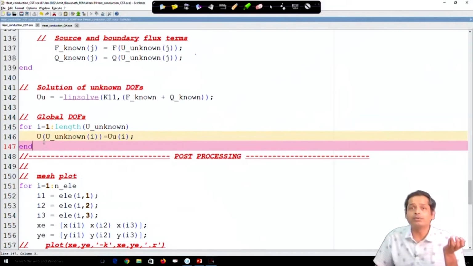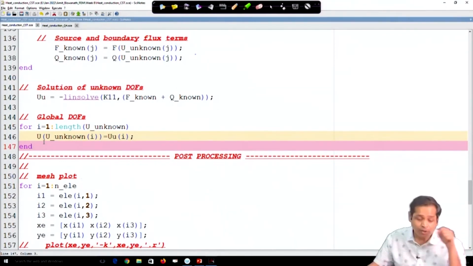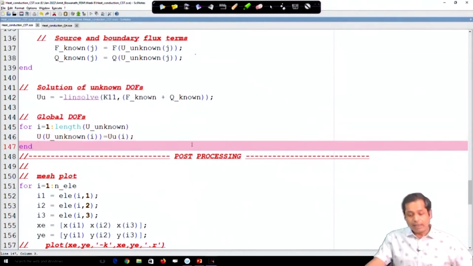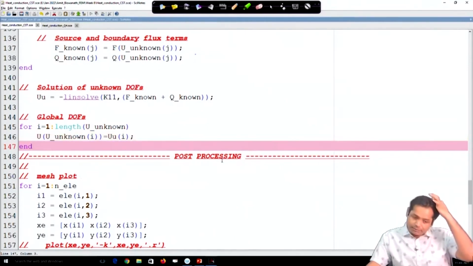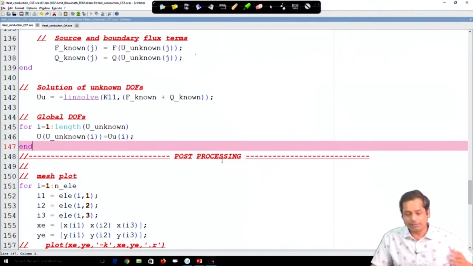Now we also need to know the flux term over the element, how the flux term varies across the entire domain. So that we will determine in the post processing. So this is the solution, right? Now first let us see the solution. Okay. Before that,